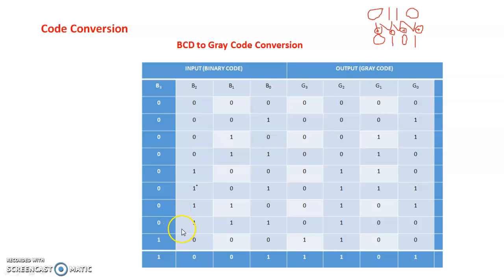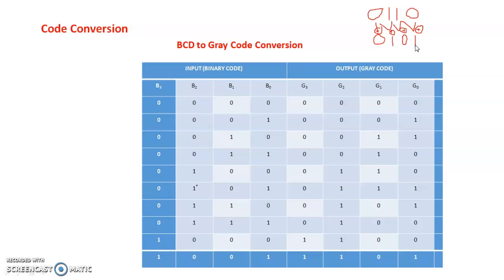For example, if you want to convert this number, that is 0110, this number is in BCD and you want to convert it into gray code. So I will convert it. See, 0110. Write the MSB bit as it is. After that, take the XORing of this 0 with 1. So 0 XOR 1, you will get 1 here. Again take the XORing of 1 with this 1. So 1 XOR 1, that is 0. And next again take 1 XOR 0, you will get 1 here.